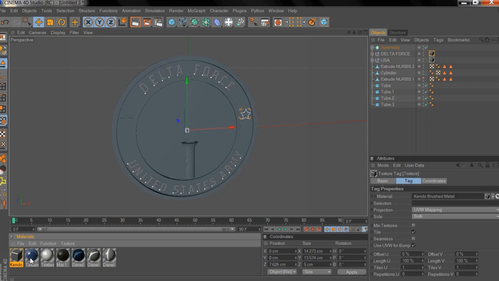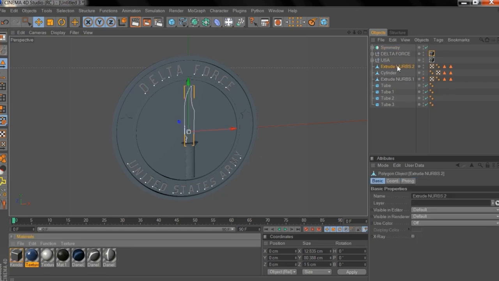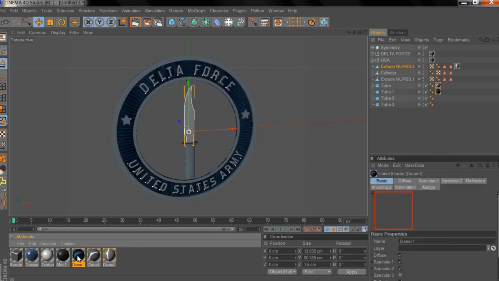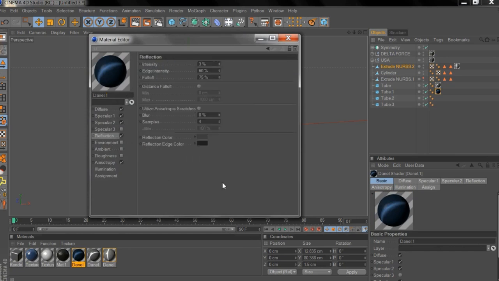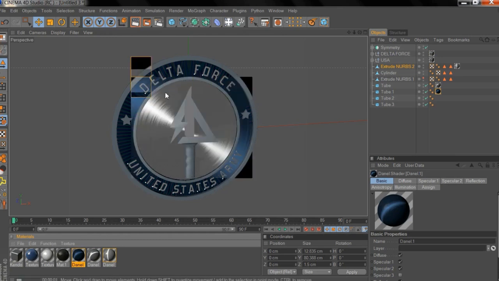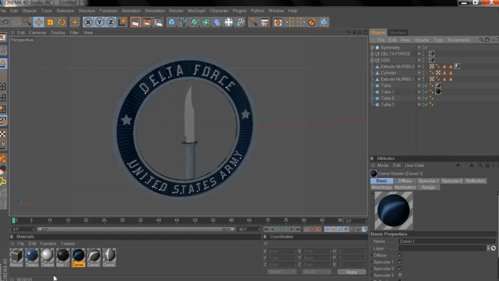The stars, I don't know, I think they were blue. But the knife blade, I did do a little bit to the texture on that if you guys want to look at that. This inner ring, I didn't do anything but set it to radial. The blue, I did do a lot to that. I changed the reflection color to get it to look the way it's supposed to, with the black on the inside instead of, you know, white reflection. And then the rest of the materials are pretty well basic